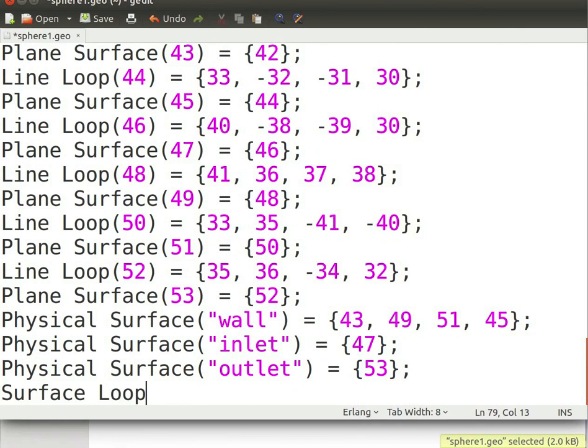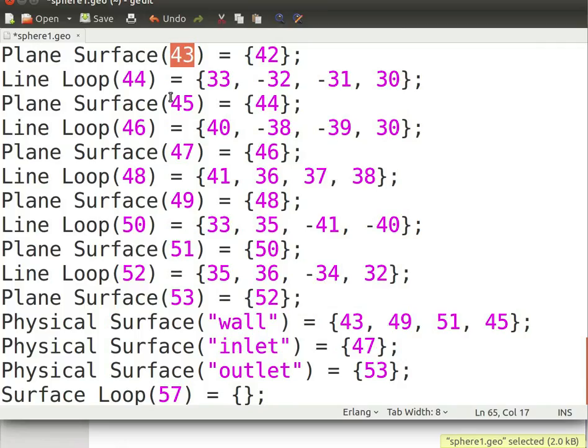Now type surface loop ID, which is the next integer in round brackets, equals the IDs of all the surfaces of the domain in braces, which is 43, 45, 47, 49, 51, and 53.